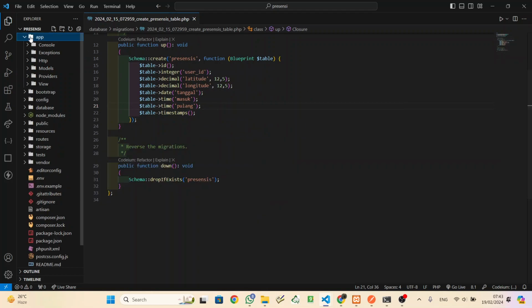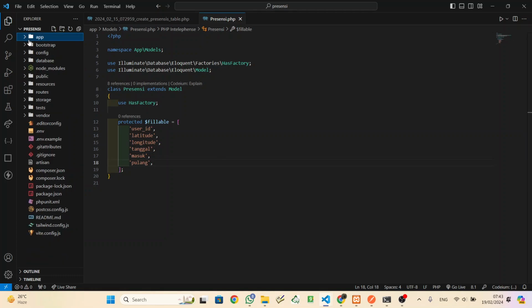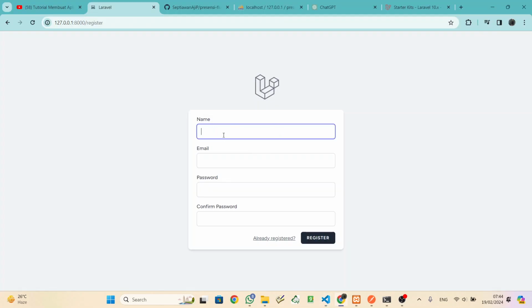After that, add the fillable attributes to the Presency model, until pulang. After that, you can register here. For example, my name is Ali, and the email is ali@gmail.com.